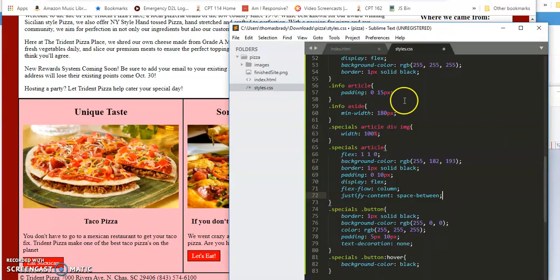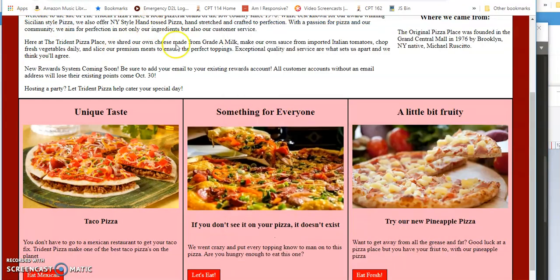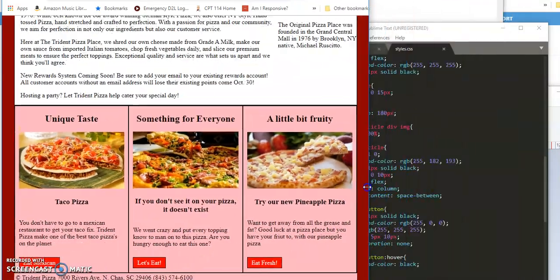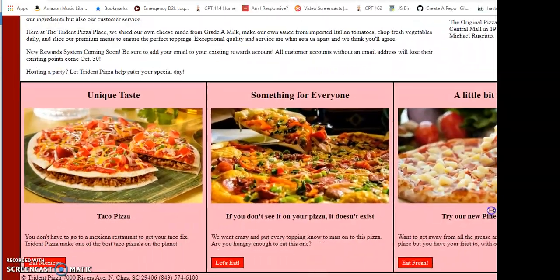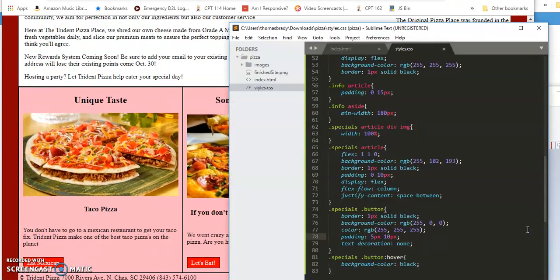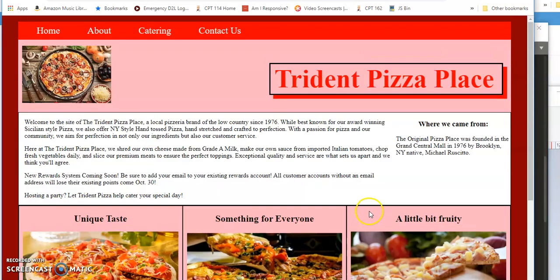Whoops, let's save it. File, save all, and then refresh. What? Look at that. Sweet. Now those buttons stay on the bottom, no matter how small it gets. That was really nice. Alright, so the only thing we have left now is to make it responsive. If we take a look at this,